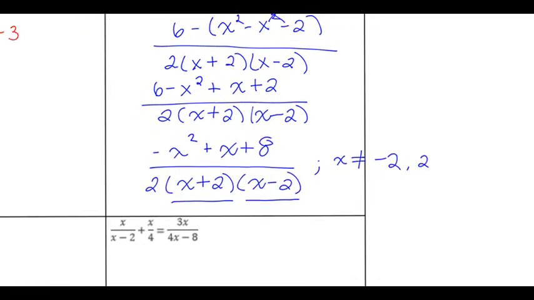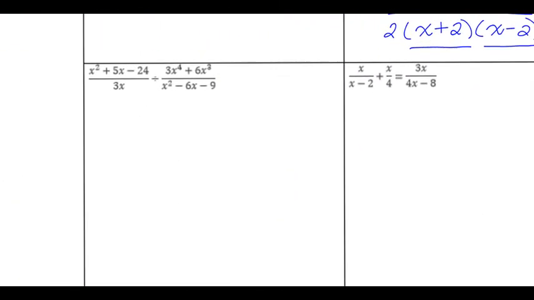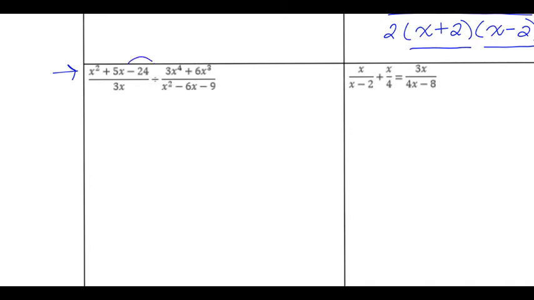Okay, so in this next problem we have down here, this is a division problem. Again, we're going to start it the way we start everything. We're going to factor everything out. The first numerator I have is a quadratic trinomial, so I need to find out what multiplies to negative 24 and adds to 5. So that's going to be x plus 8 and x minus 3. Denominator is 3x